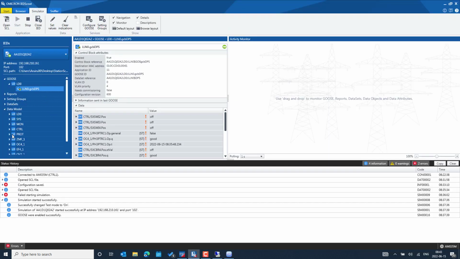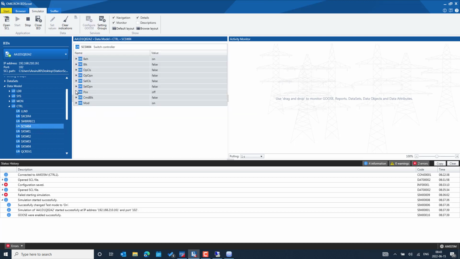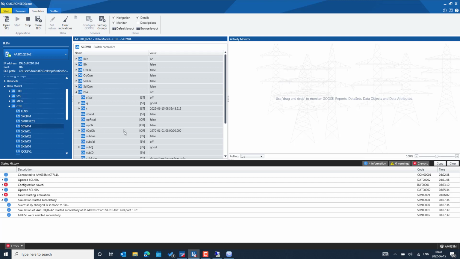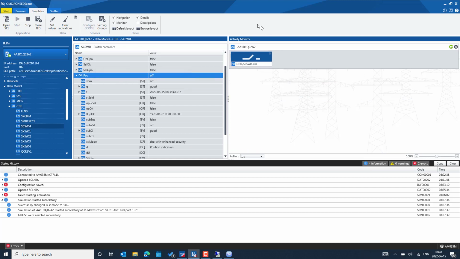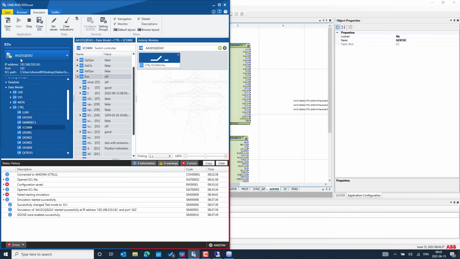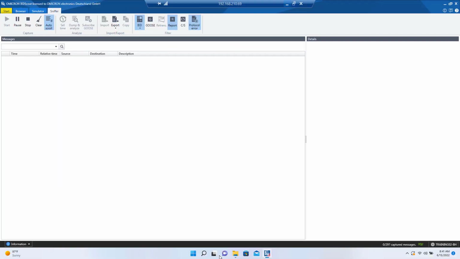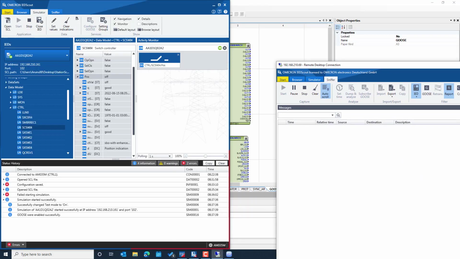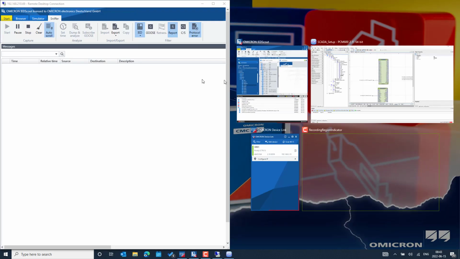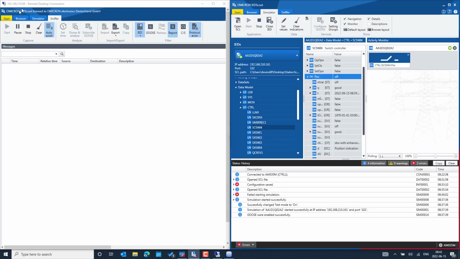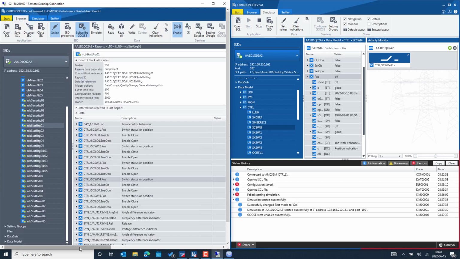In the simulated environment, I can go to the control logical device. Then we can see the switch controller for the circuit breaker. I can see the control model here. I can drag and drop it and put it on one screen, and I can see the other PC on another screen. So let's try to give the command from the